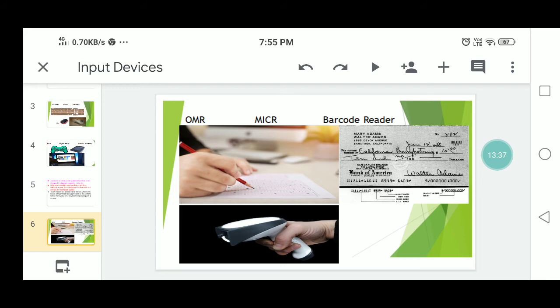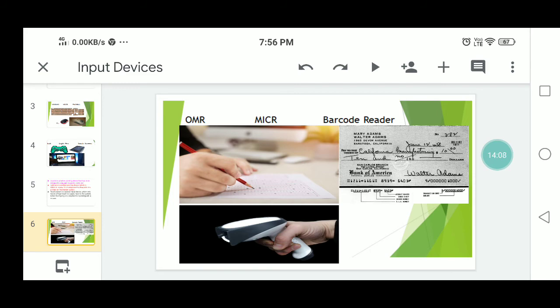The OMR uses laser beam scanning technology. It focuses a light on the page being scanned and detects the reflected light pattern from the darkened circles on the paper sheet. So OMR processes huge volumes of data in a very short span of time.